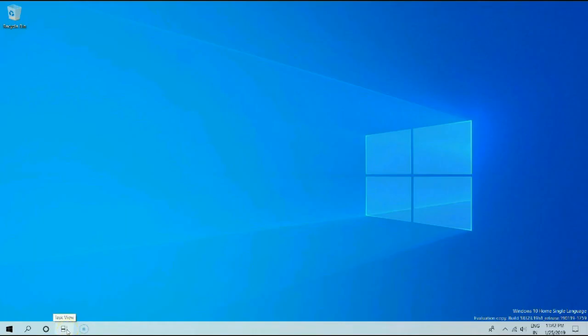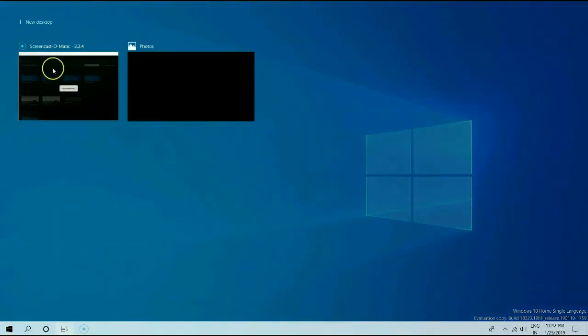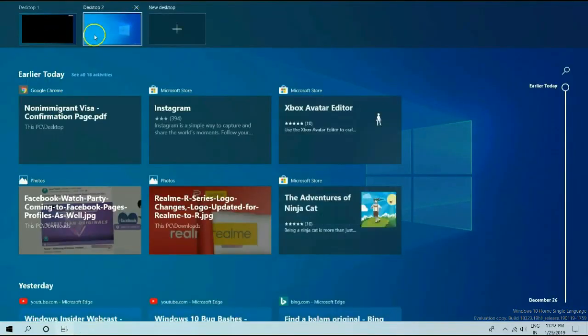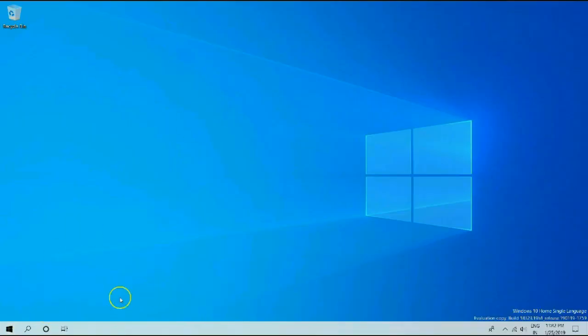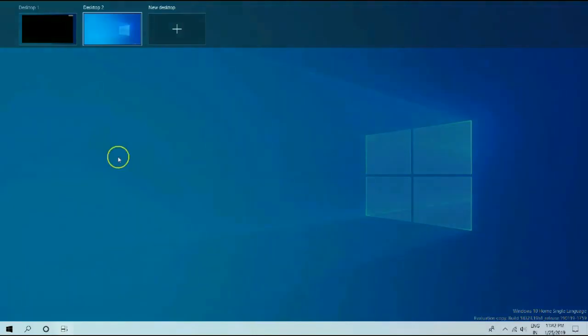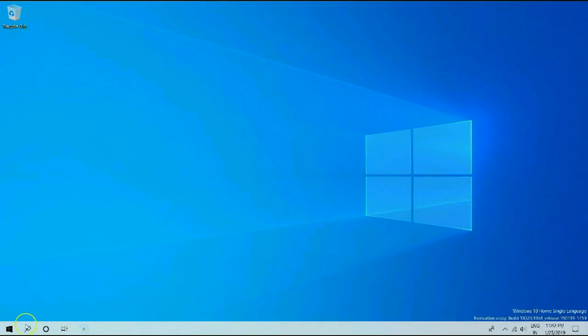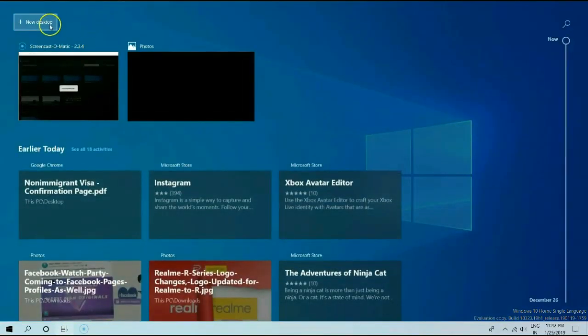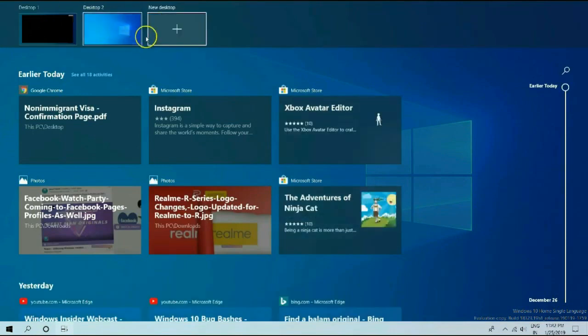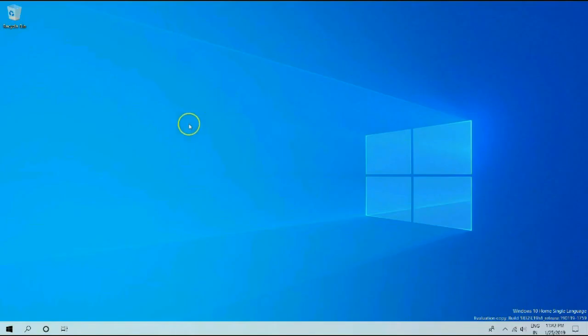Another feature I will talk about is new desktop or multiple desktops. It's not that it is coming with the next update only. We have had it in the past also. You may also know it or not, but under Timeline there is a feature to have multiple desktops. It's really useful as you can have different tabs, files or applications open in one desktop and no one will be able to see what you are doing under your second desktop. That's really cool. What do you guys think about multiple desktops? Do share your views in comments also.